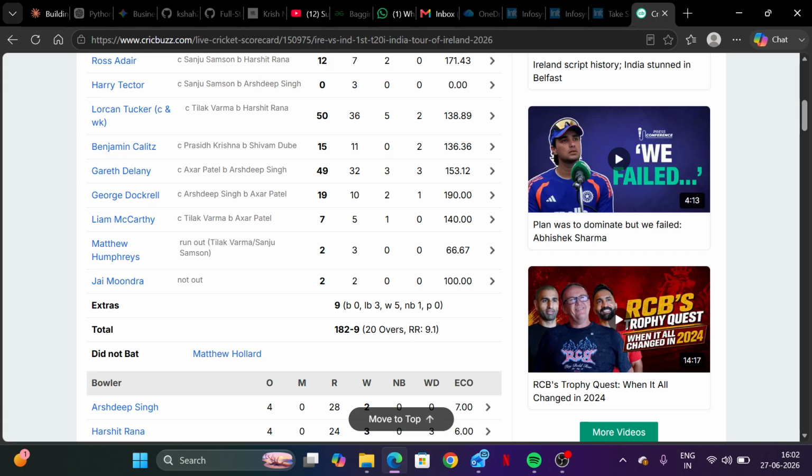Now, the key point which we have taken note of is two players with zero international experience between them before this match combined to dismiss four of India's top six. That is not pure luck, but a specific tactical pattern. And we are about to show you exactly what it was.